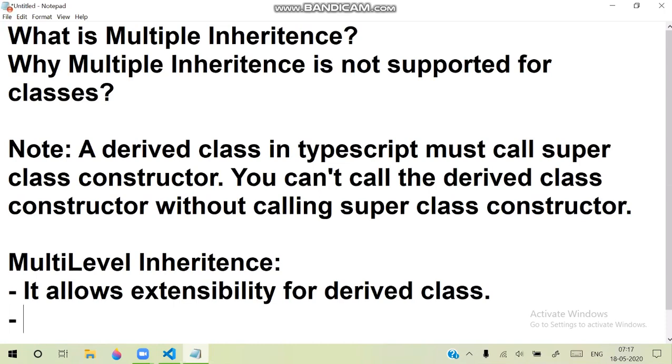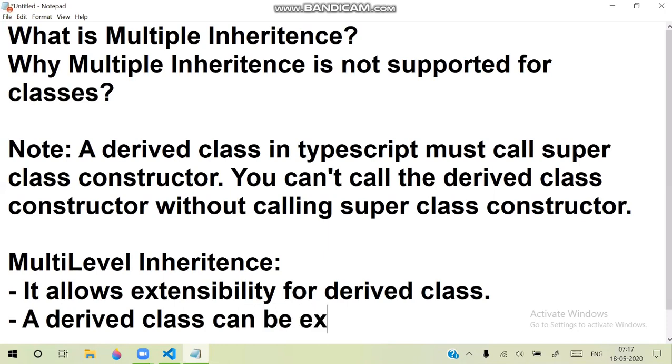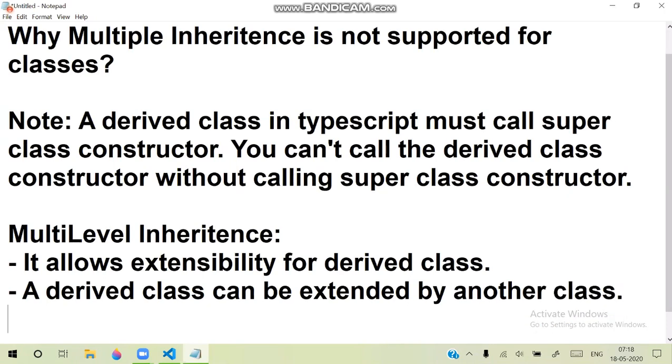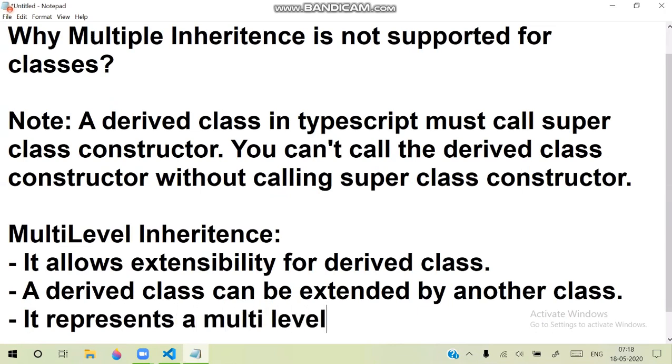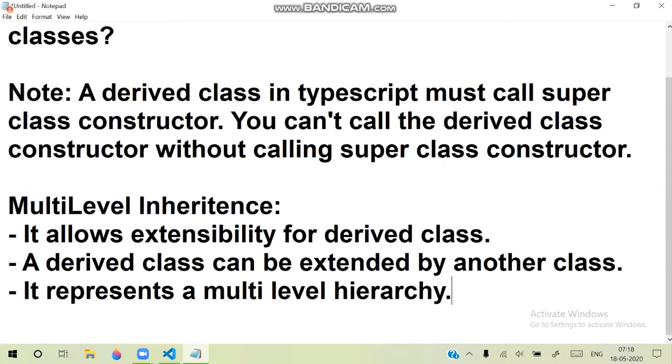That means a derived class can be extended by another class. So it represents a multi-level hierarchy. So that is multi-level inheritance.